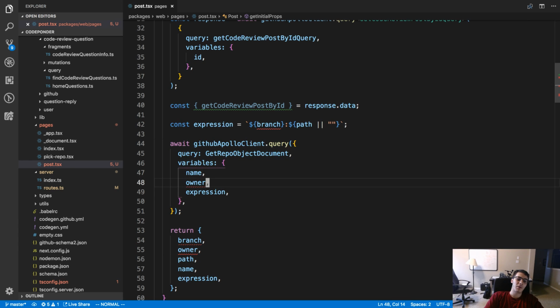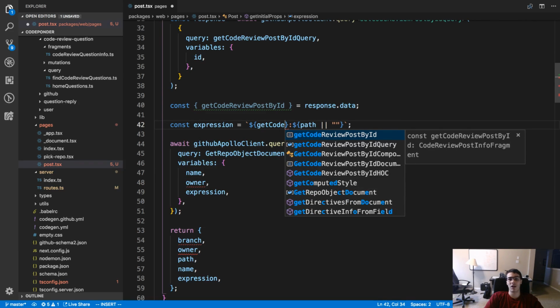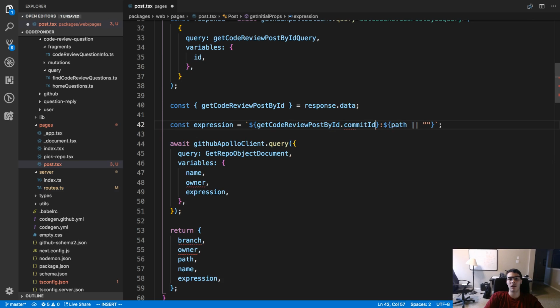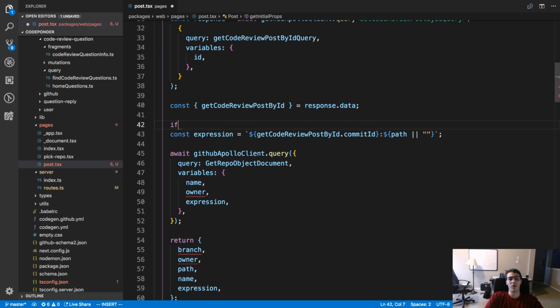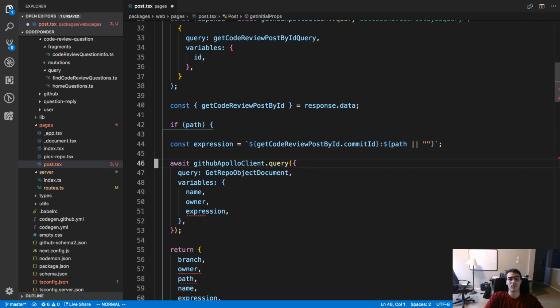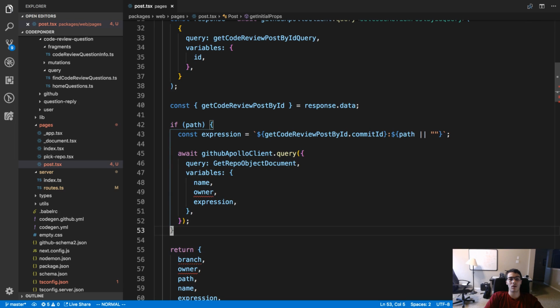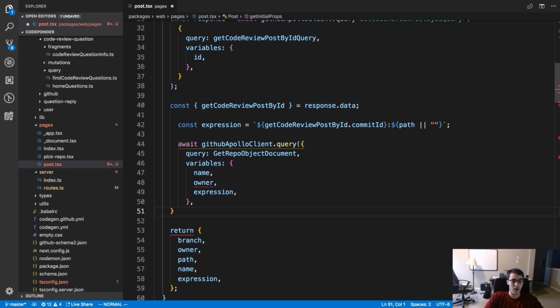Alright, so the variables that we need to fetch this now are still the same. So the branch is going to be get code review ID dot commit ID. We still need the path. And we're only fetching this if there is a path. Let's assume there is a path for now.